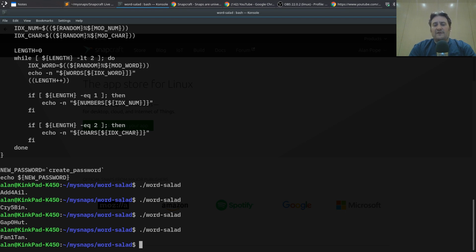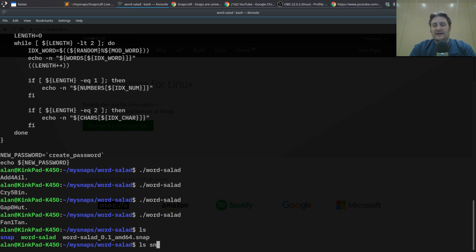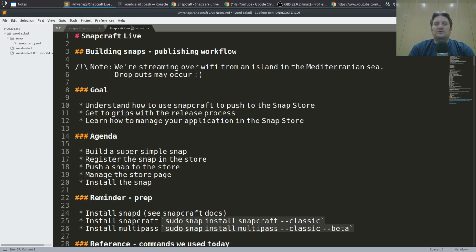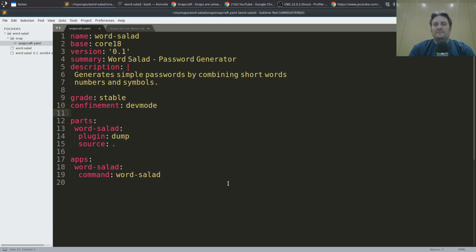So I've also already created a Snapcraft YAML. We've already talked about the Snapcraft YAML and the format of the YAML and the kind of thing that goes in there in the previous 2 episodes, but I'll still show you what goes into the Snapcraft YAML. So here's my Word Salad Snapcraft YAML. There's the basics, metadata at the top, a simple description,